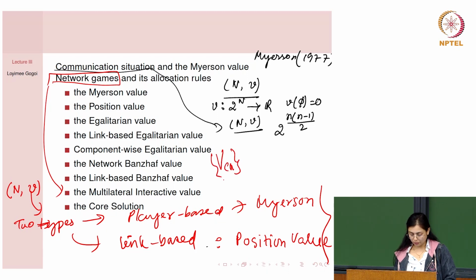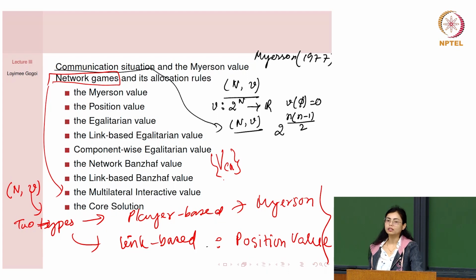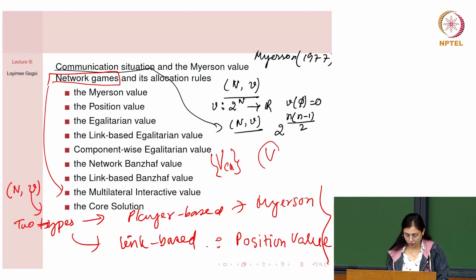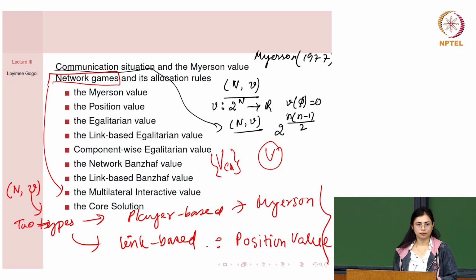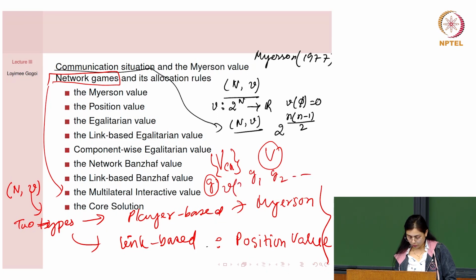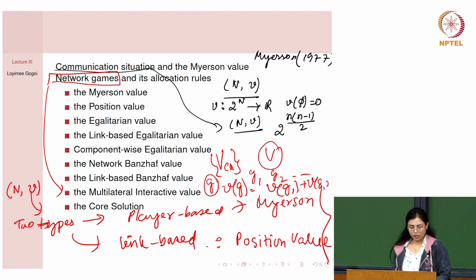component additive value functions, and the value function, just a class of all value functions that are not component additive. Do you remember what is a component additive value function? Worth of the graph is the sum of the worth of all its components. Yeah, components, right? So if Z has some components, say Z1, Z2 like that, then whatever the worth of Z, it will be the sum over all its components. Okay, so then,